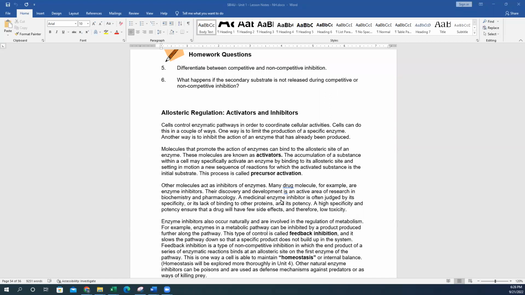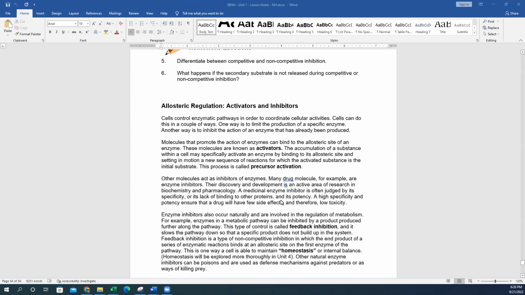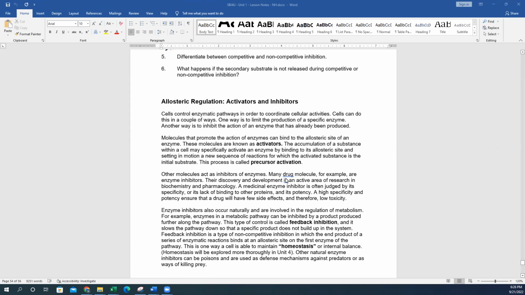And also, when you have a drug molecule with high specificity and potency, that is a way of ensuring that that drug will have very few side effects because it targets very specifically. And so therefore it will have low toxicity. It doesn't affect everything in the cell. It is quite specific to a certain enzyme that is catalyzing a certain point in a metabolic pathway. So that is in the case of when you have a drug molecule, but also naturally,